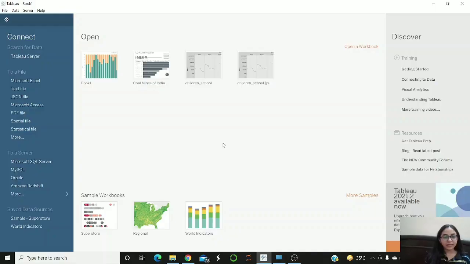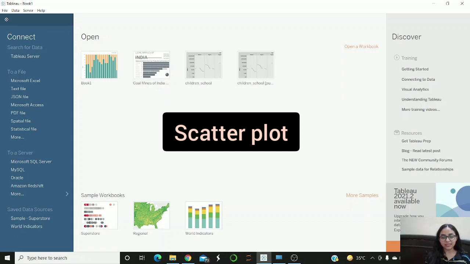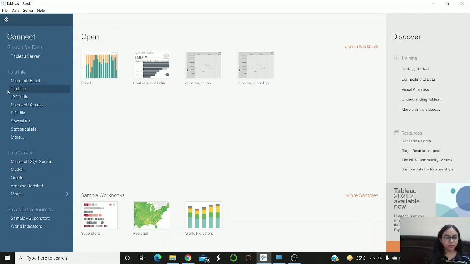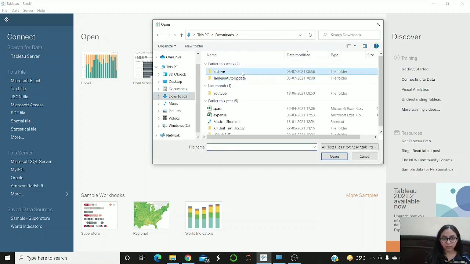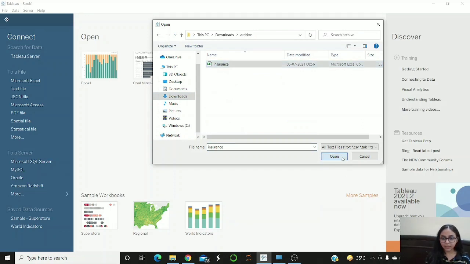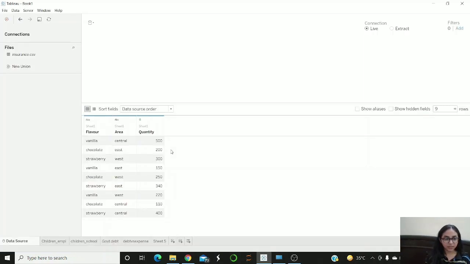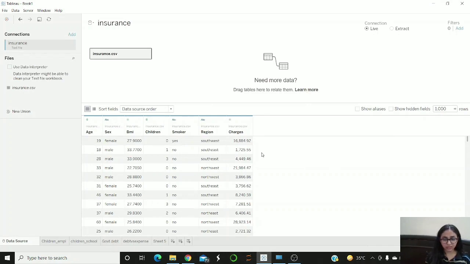Cool. Alright, moving to our next kind of visualization, the scatter plot. A scatter plot is basically used to find out the relationship between two variables. So I'm going to start by loading my data. It's a CSV file. When I'm done loading my data, let me talk a little bit about it. It's the amount various users pay for insurance, and their region, their children, their BMI are displayed here. So I've loaded the data.